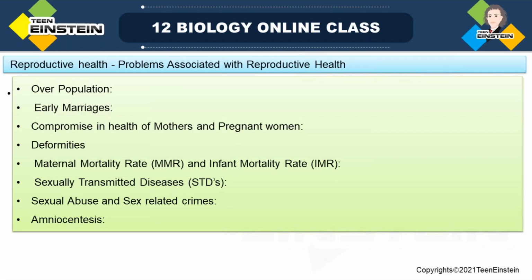People are not strictly following the minimum age limit for marriage which the government has declared, and in many places this system still exists. Without attaining the age of 18 we should not get married: for a woman or girl it is 18, and for a boy it is 21. Before that also, so many girls are getting